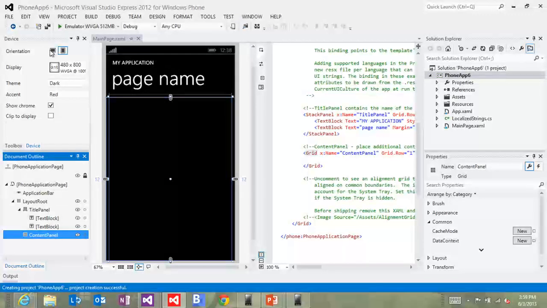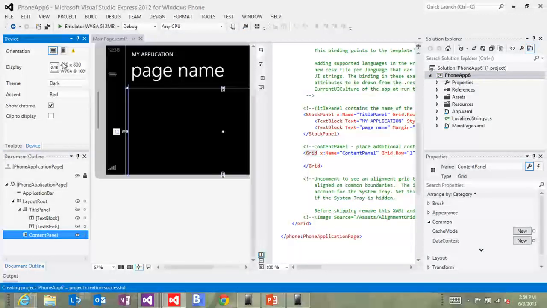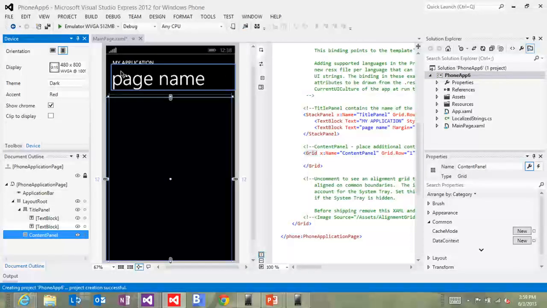We also got this orientation view, so I can change in the design view the orientation, the resolution. And resolution is a source of a lot of confusion for folks. The fact that we have 3 resolutions, it's because we've handled it so transparently for people. Two of them are the same aspect ratio, and one's really close. And the one that's really close, we just sort of add bars to. But for the other ones, we handle everything for you. So you don't have to do any additional work.